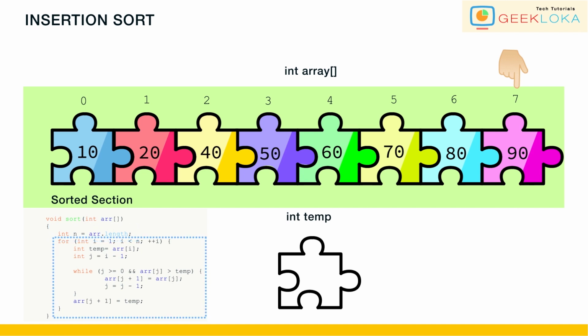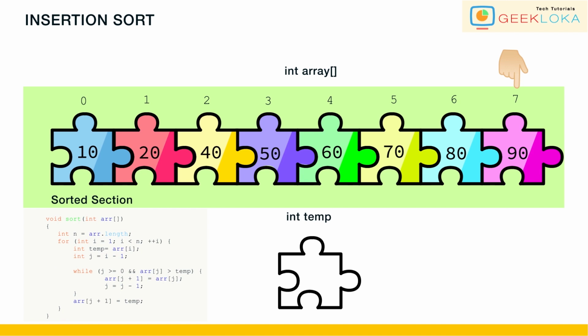The sorting process begins with a for loop. This loop starts from index 1, not 0, because we consider the first element as already sorted. The loop continues until it has processed each element in the array. In each iteration of the loop, we select the element at current index i. This element stored in temp is the one we are going to insert into the sorted part of the array.